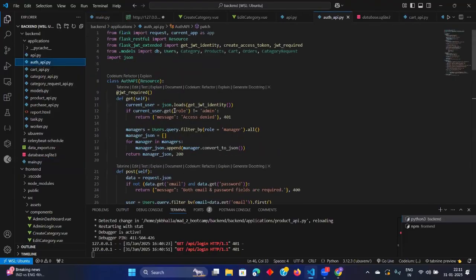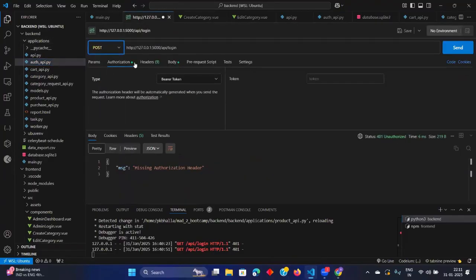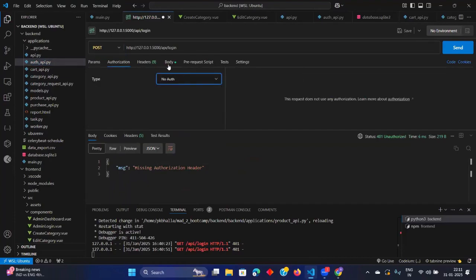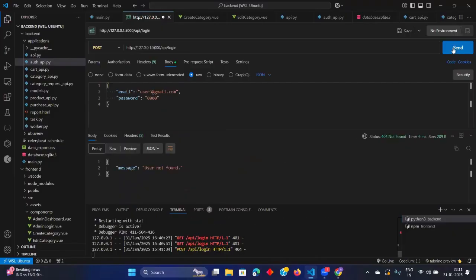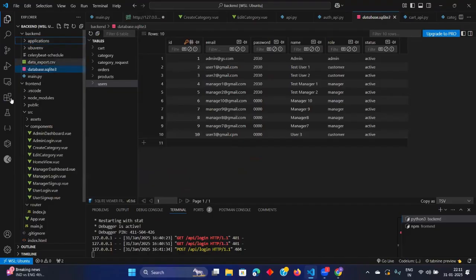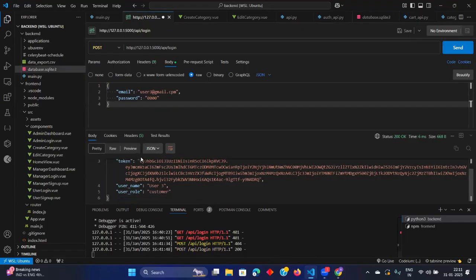What API? Oh, I was using a get request. Instead, I should use a post request, na? Body, authorization header. I just use post request to this. User not found. It was CPM, na? Yes, CPM. Okay. So we have got a token now.